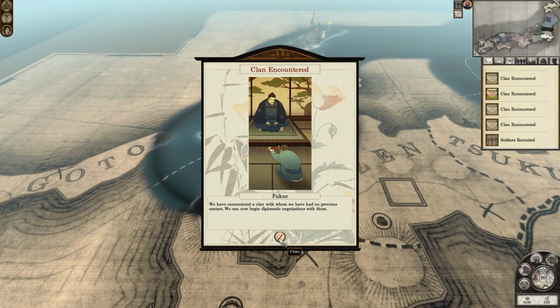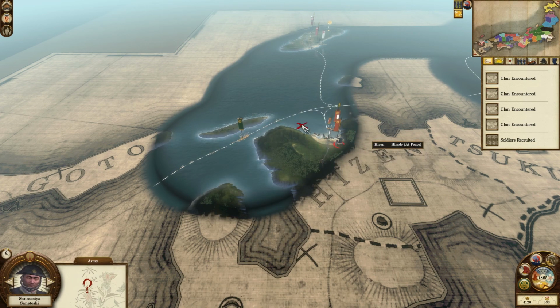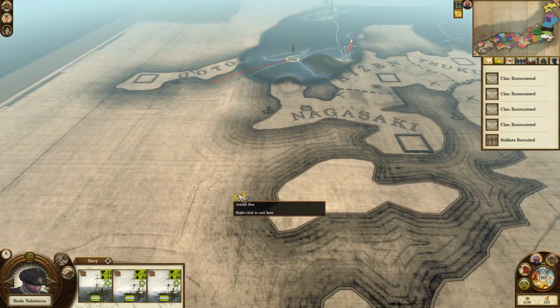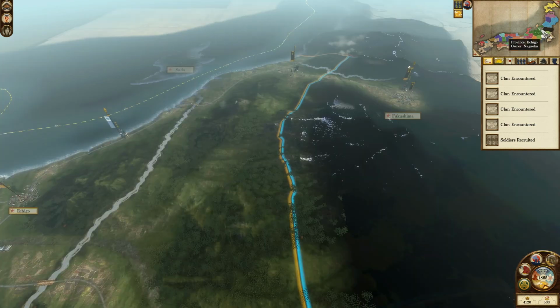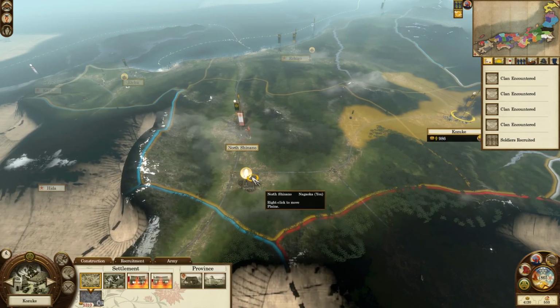We've encountered the Fukyu as well, as well as the Saga. So there we go. The Saga, I know because they have that really distinctive Mon, and then I don't really know. Oh, the Fukyu are on Go-To. So Go-To, Fukyu, Go-To Island. Do not pass Go. Do not collect $200. And I think that's really